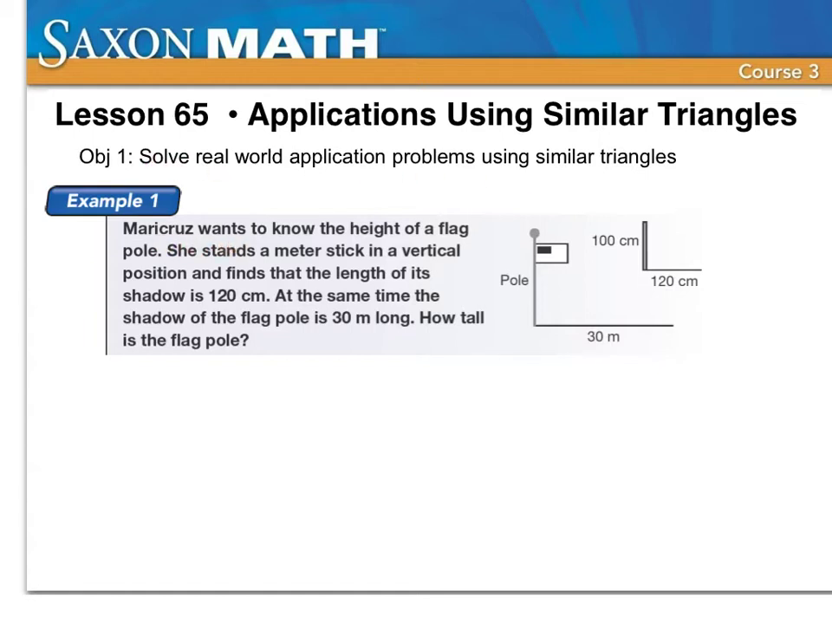It says, Mary Cruz wants to know the height of a flagpole. She stands a meter stick in a vertical position and finds the length of the shadow is 120 centimeters. At the same time, the shadow of the flagpole is 30 meters long, and we want to know how tall